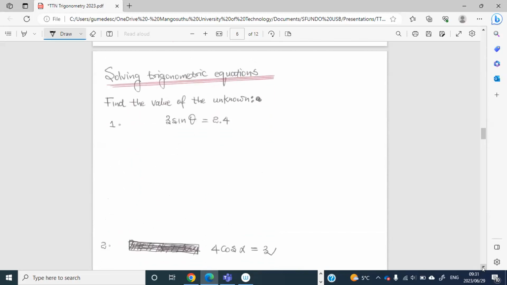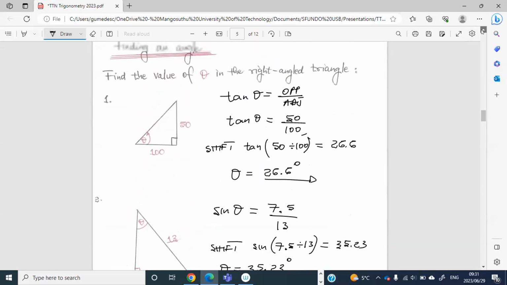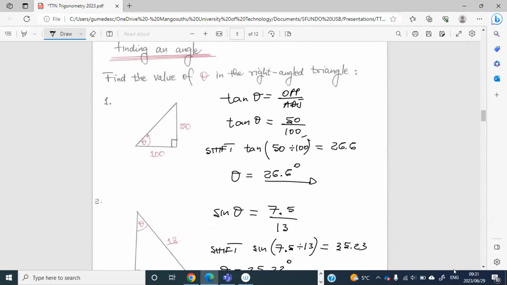Let's go to solving the unknown. Solving the unknown here. So here, what value of theta satisfies the following trigonometric equation? So it's a trigonometric equation because it consists of a trigonometric ratio sine. So what value of theta satisfies this? So the problem that we have is this 3 here. We don't want to have a 3. We want to have sine theta equal to something like we had in the previous page here. We had sine theta equal to something. We don't want to have a coefficient